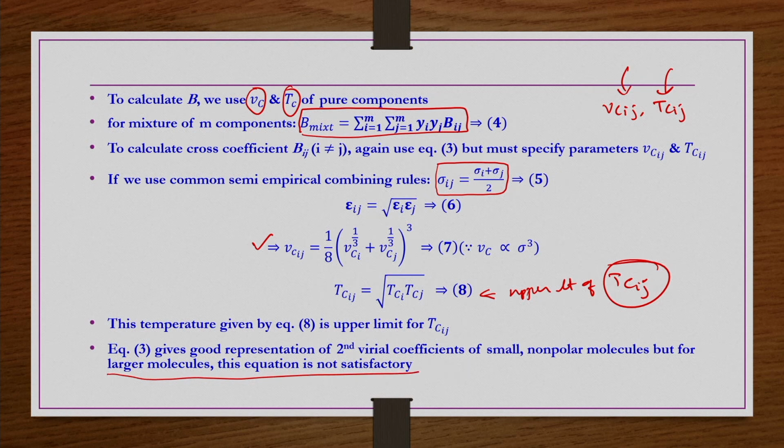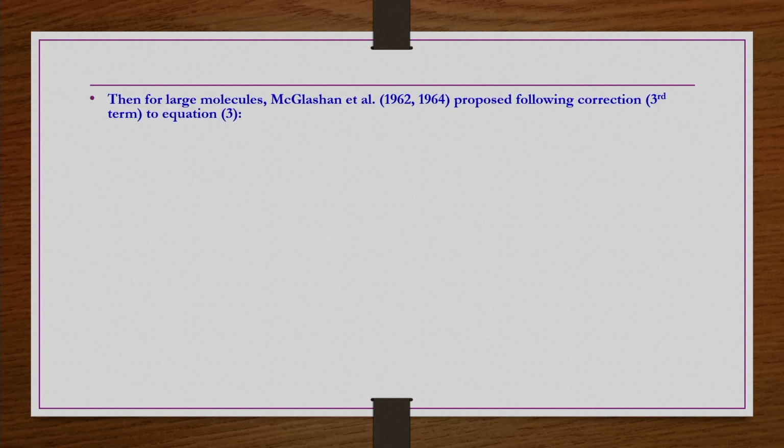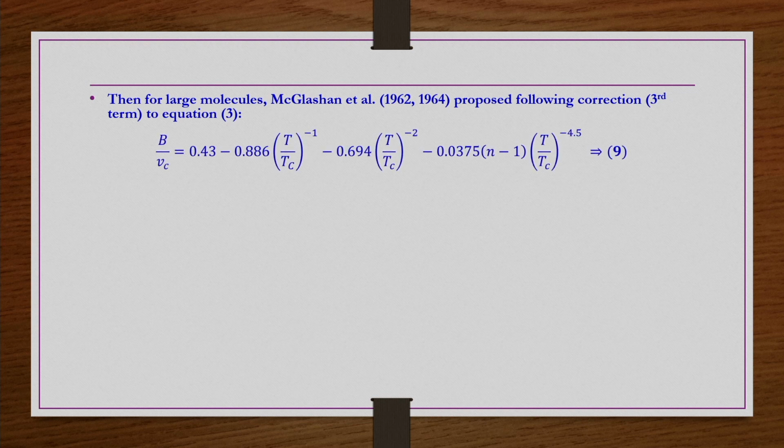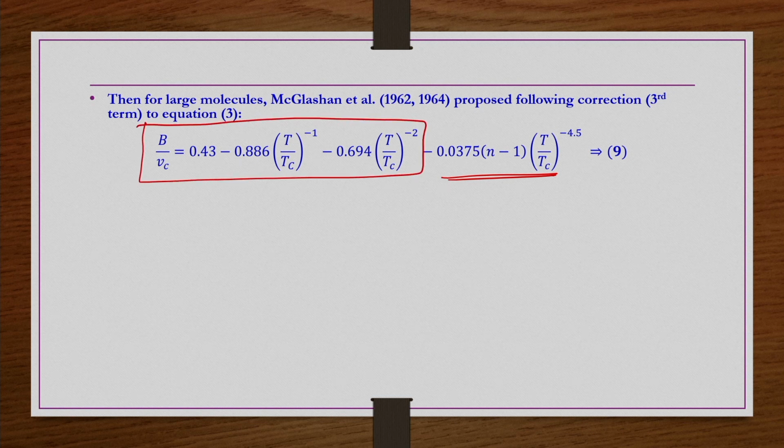Okay. So, in order to overcome that, Maclaurin et al. proposed the following correlation, which is nothing but a modification of the existing correlation, equation number 3, the Maclaurin and Porter correlation. On the right hand side they have added one more term, another term for the larger molecules. Up to this point it is the same as equation number 3 that we have been using for simple small non-polar molecules. But if molecules are large, then they have proposed a correlation by